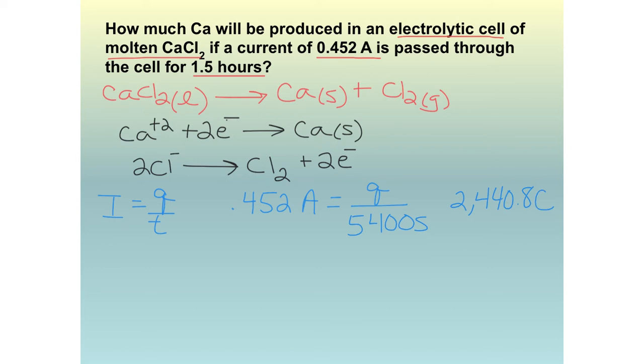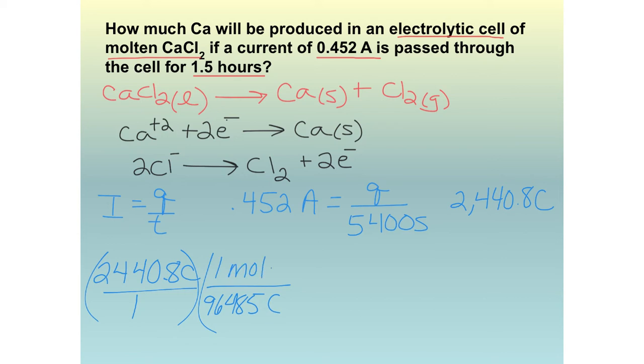Then what I'm going to do, and you could do this all in one step if you wanted to. So now I take that answer that I just got and do some dimensional analysis. So I know I need to get rid of coulombs. That's where I'm going to use Faraday's constant, 96,485 coulombs per 1 mole of electrons transferred. So that's important to remember that Faraday's constant is coulombs per mole of electrons. And then in order to cancel the moles of electrons,